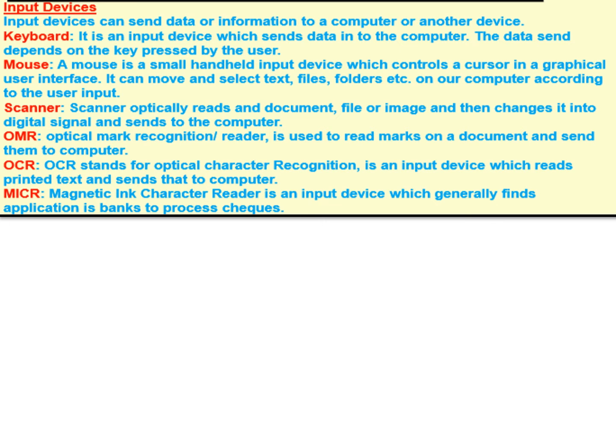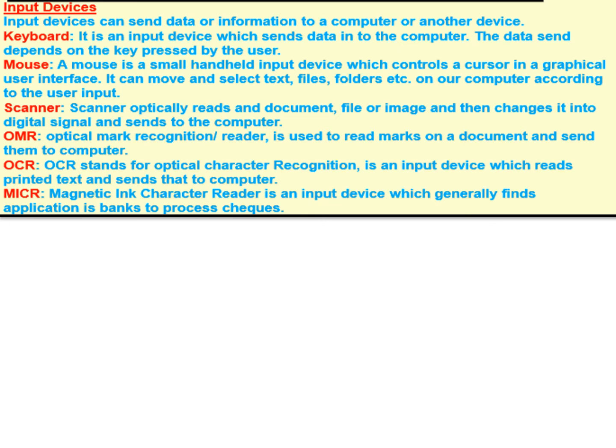Next is your OCR. What is the OCR doing? OCR stands for optical character recognition. OCR is another input device which reads printed text and sends that text to the computer. It is reading that printed text which is in the form of hard copy. Done? Now, the last input device on this page is MICR.